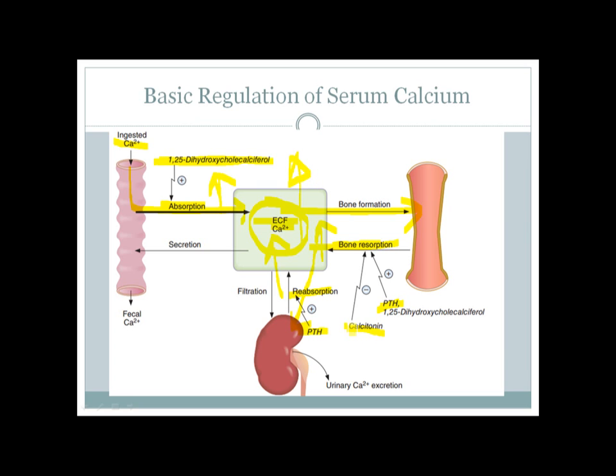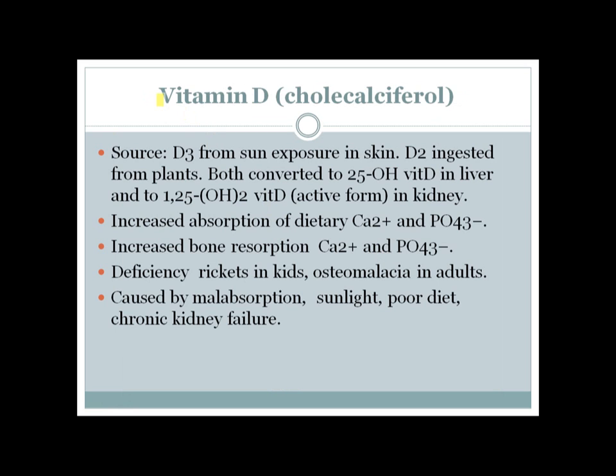Calcitonin is a hormone which decreases bone resorption, which is a bit less important. Vitamin D3 is a major player in calcium homeostasis, and you can get it from your skin after sun exposure, or from plants. Both forms are converted first to 25-hydroxyvitamin D in the liver, and then to 1,25 dihydroxyvitamin D in the kidney. The actions I have already mentioned: it increases the absorption of dietary calcium and phosphate,